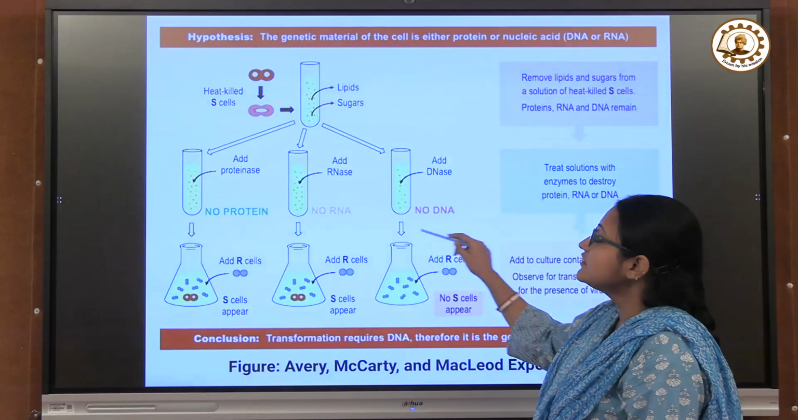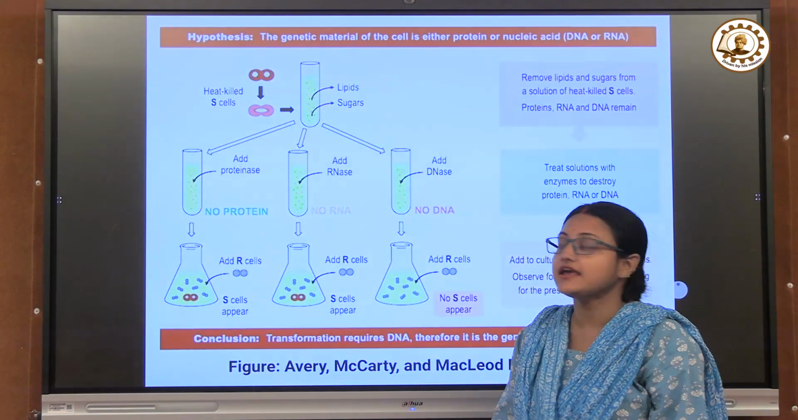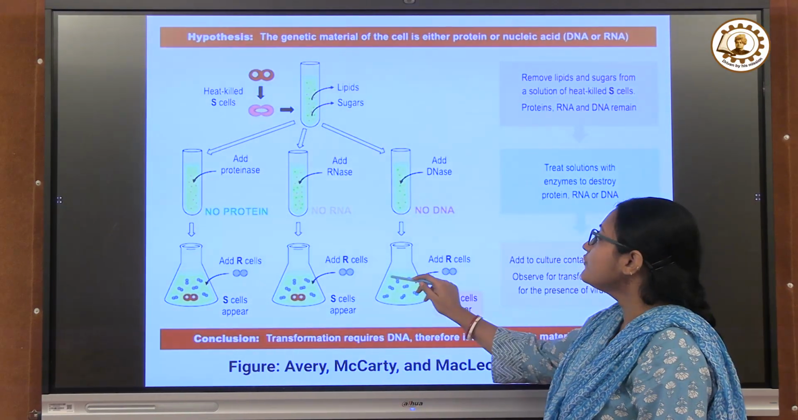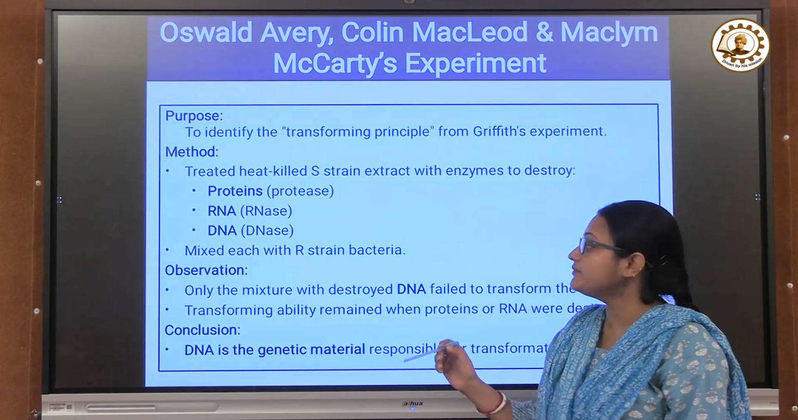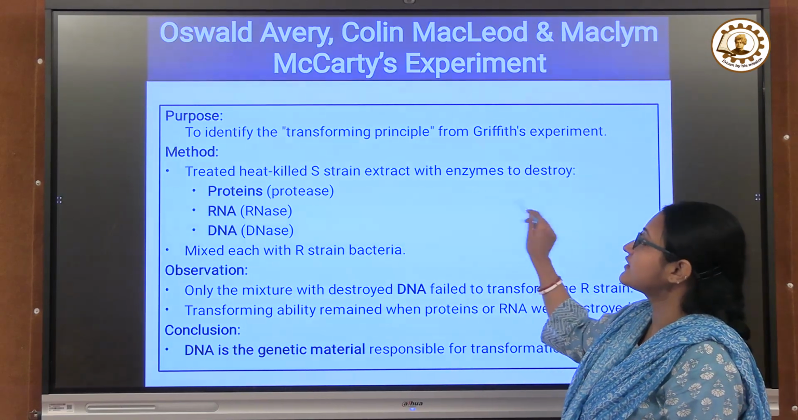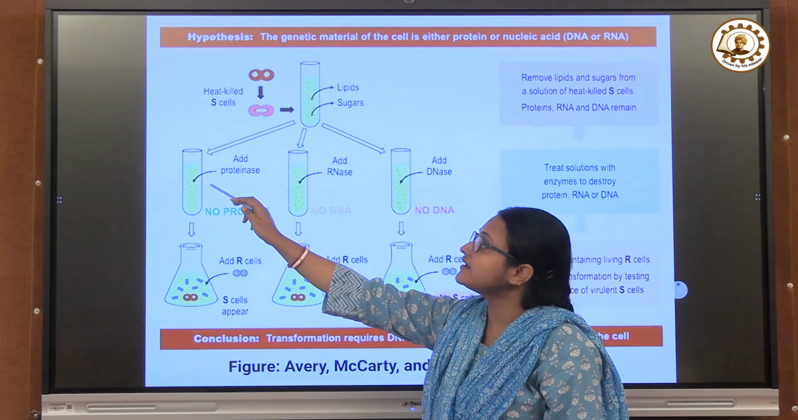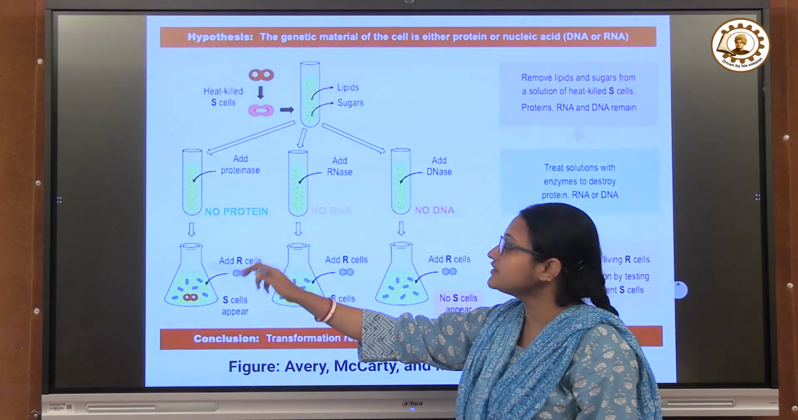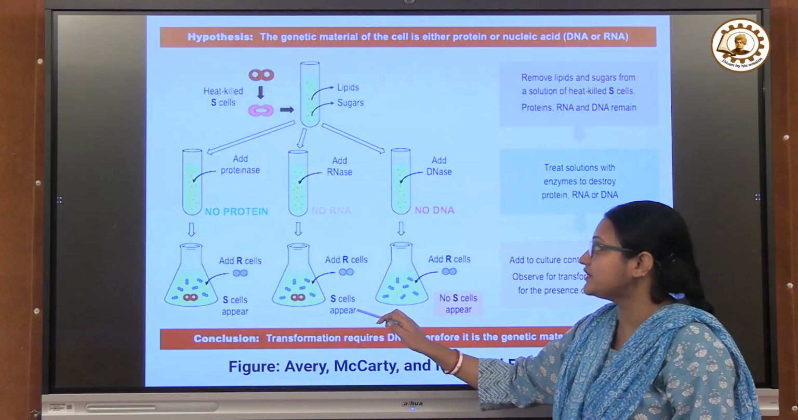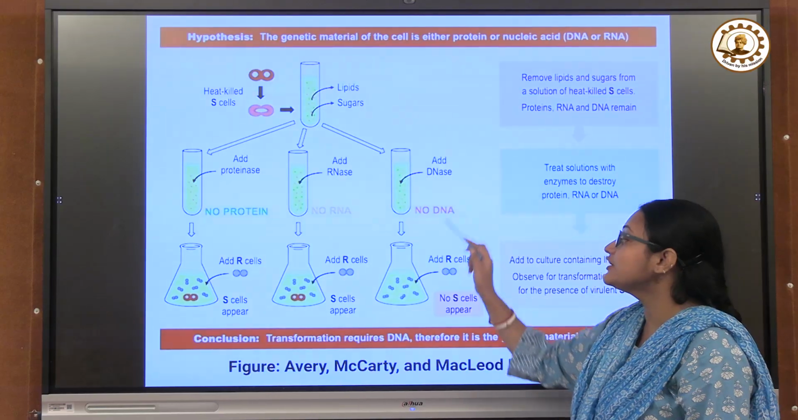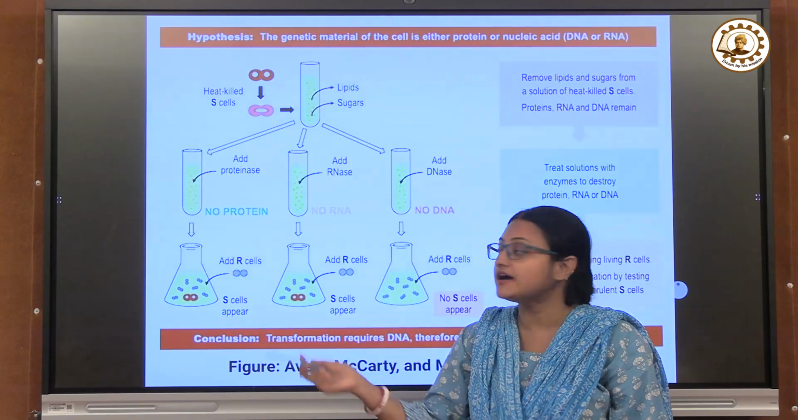You can see these are the different enzymes. One is protease which degrades the protein, RNase which degrades the RNA, and DNase which degrades the DNA. So what he had done, he individually added these enzymes into this S extract, the heat-killed S extract. If he added protease at first, he observed that S cells appeared. Then he added RNase and also observed that S cells appeared. But when they added DNase, they observed that no S cells appeared,